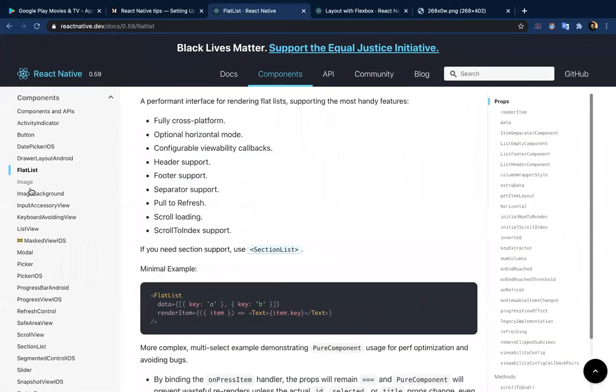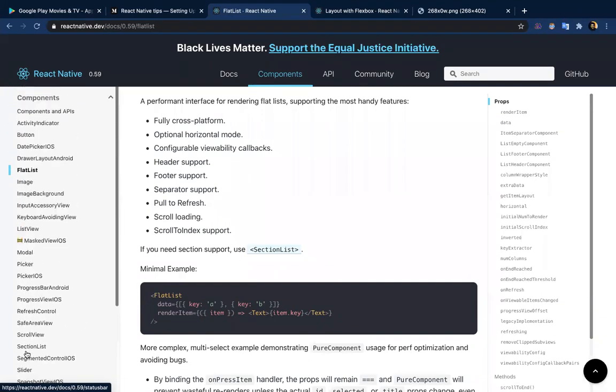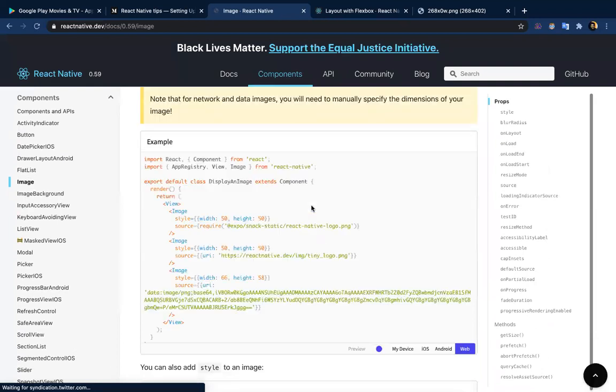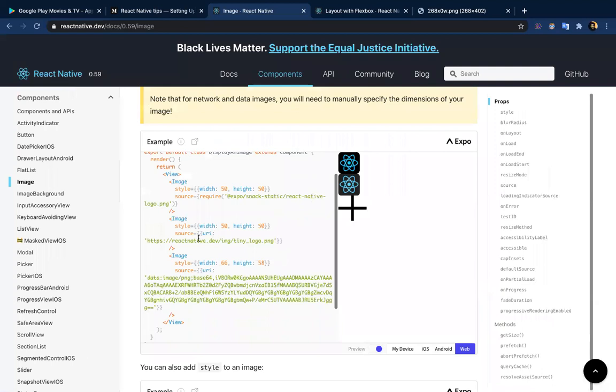Let's go to the documentation and go to image. Okay, so this is how to put an image.